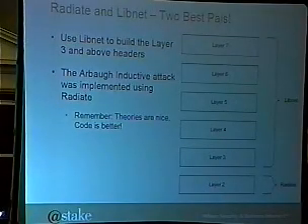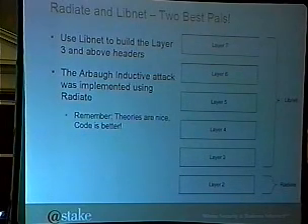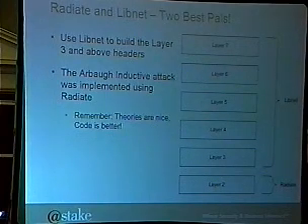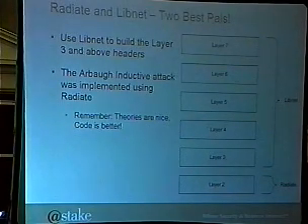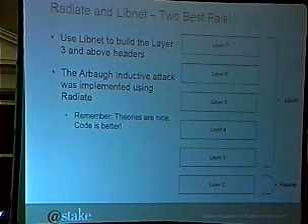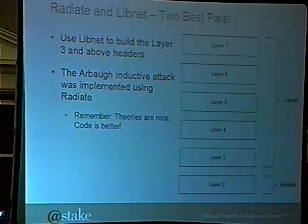So dipping out of the code real quick, we look at the OSI model. Radiate builds your layer 2 stuff, obviously. We use Libnet to build layer 3 and above headers, and then we can build some pretty cool stuff. Any programs that you wanted to build in a wired network that would use Libnet or your other favorite packet creation and injection library, you can do that now using Radiate on a wireless network. As an example, the RBA inductive attack was implemented using Libradiate and Libnet.